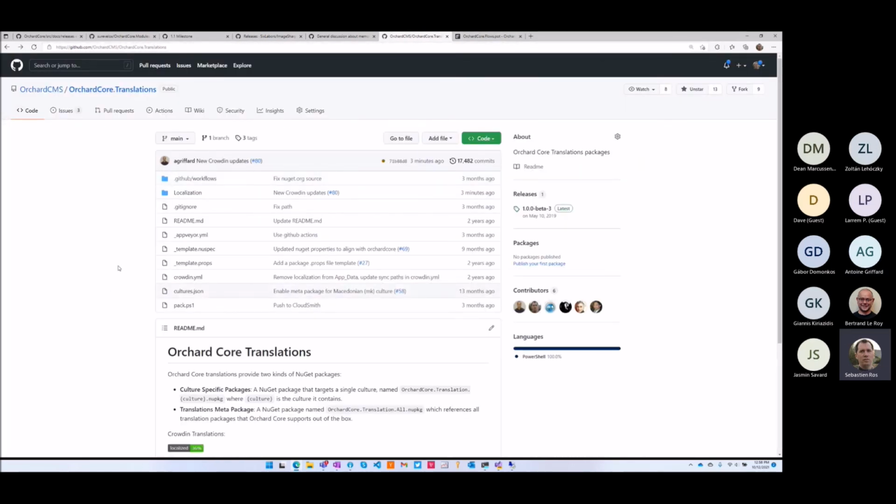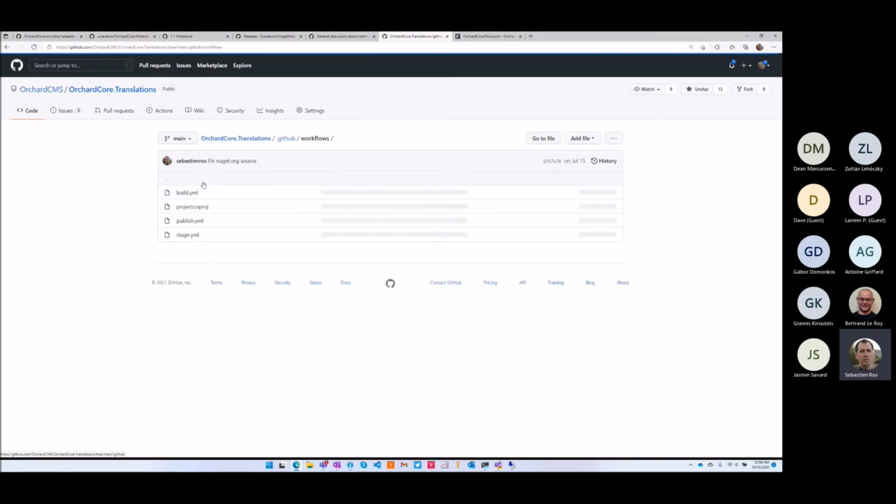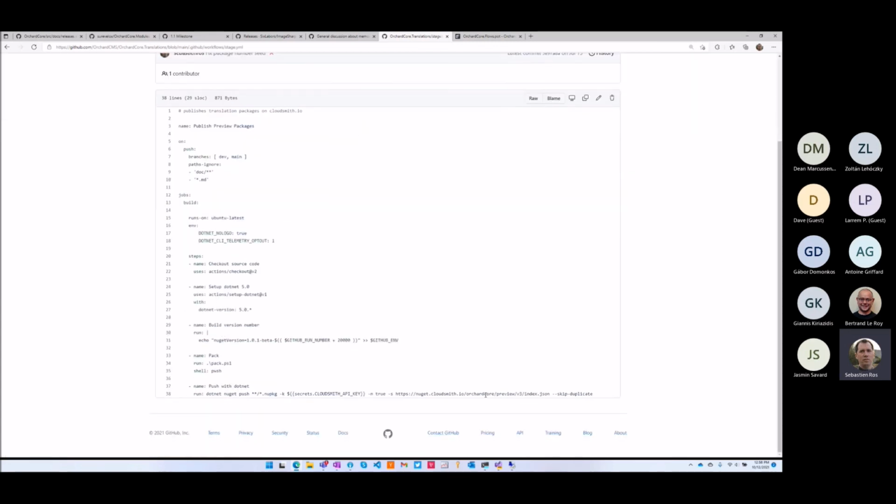What's missing, however, is I don't think we deploy. What did I say last time? Do we deploy already on Cloudsmith? I think so. Stage Cloudsmith. So we should have some versions already on Cloudsmith because I just merged. So if I go there,